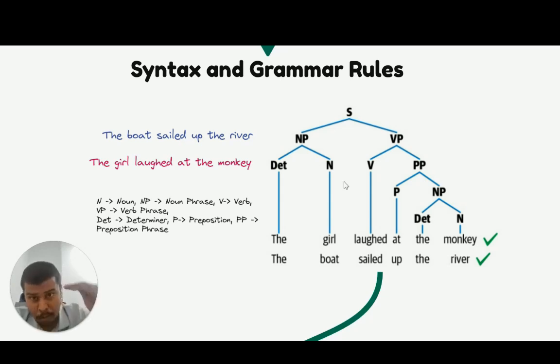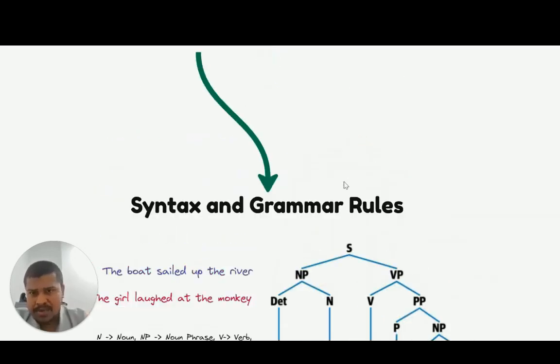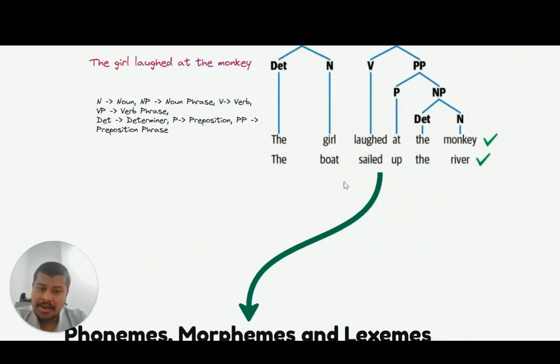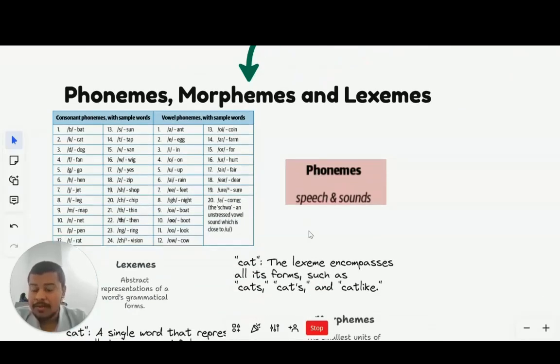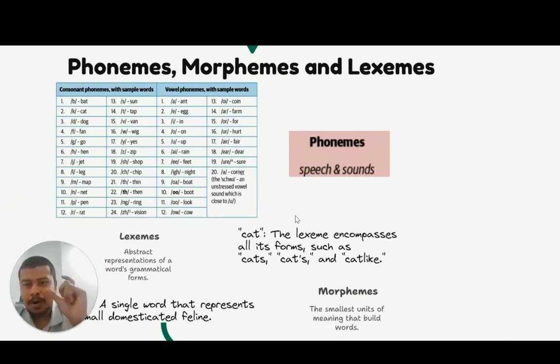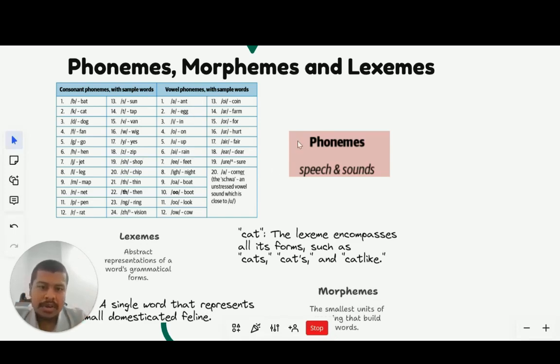What is a language? The components of a language. Fine. So syntax and grammar rules are fine. I've given examples. So what about morphemes and then lexemes? We'll see. And phonemes as well. Phonemes, we would know obviously from the school. We learned about phonetics, meaning the sound or pronunciation of a word. So phonemes are just the sound of the word. Bat, cat, the ba, ka, da, dog, da, fan, fa, yes, and then the shop is sha, chip is cha. So all of these sounds actually form the phonemes, the phonemes part of this language.